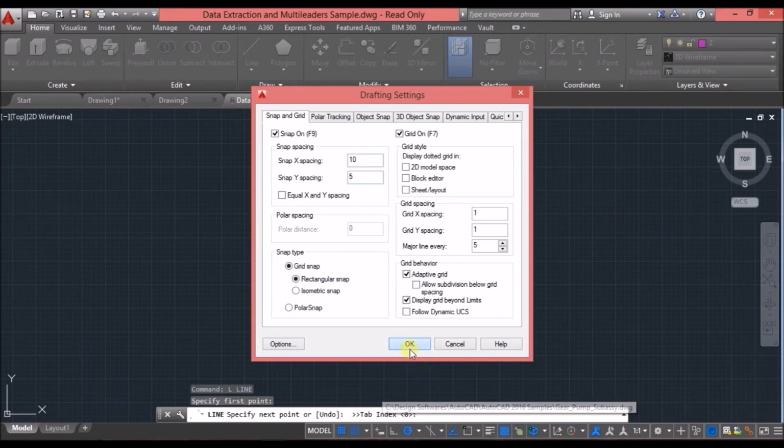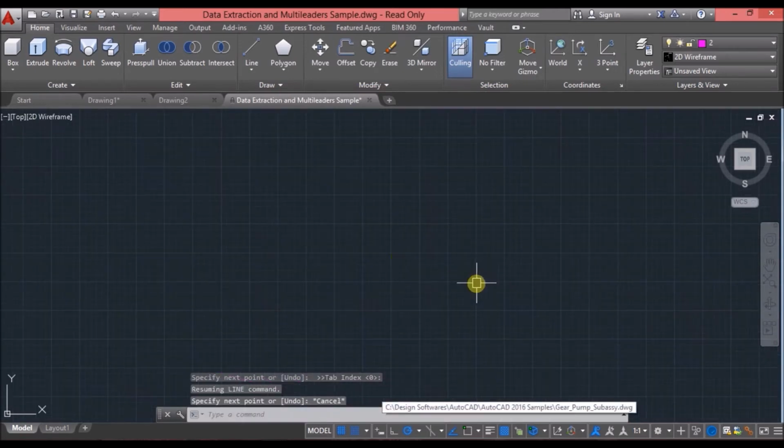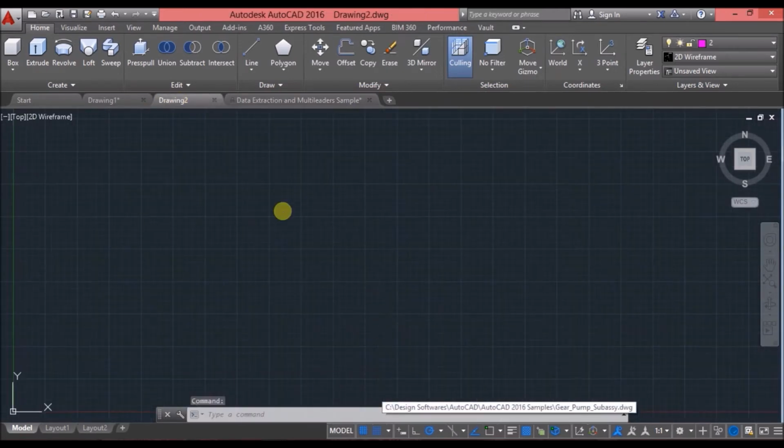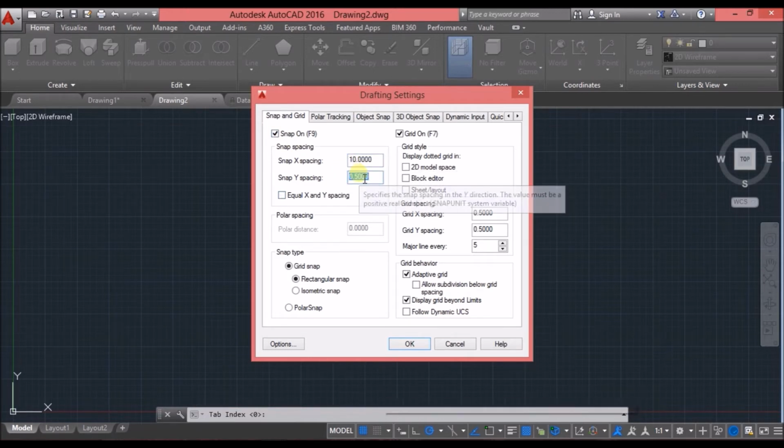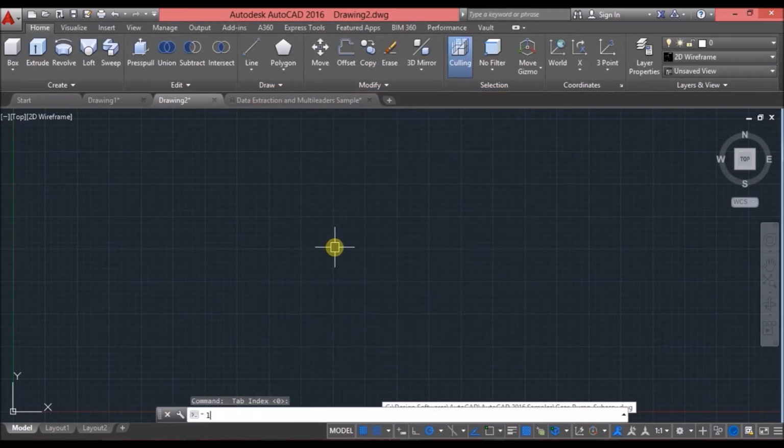Okay, so when I draw a line, suppose I'm drawing a line in a new drawing, changing the settings, spacing, I'll keep again 10, 5. So line, as you can see the cursor is jumping from point to point.